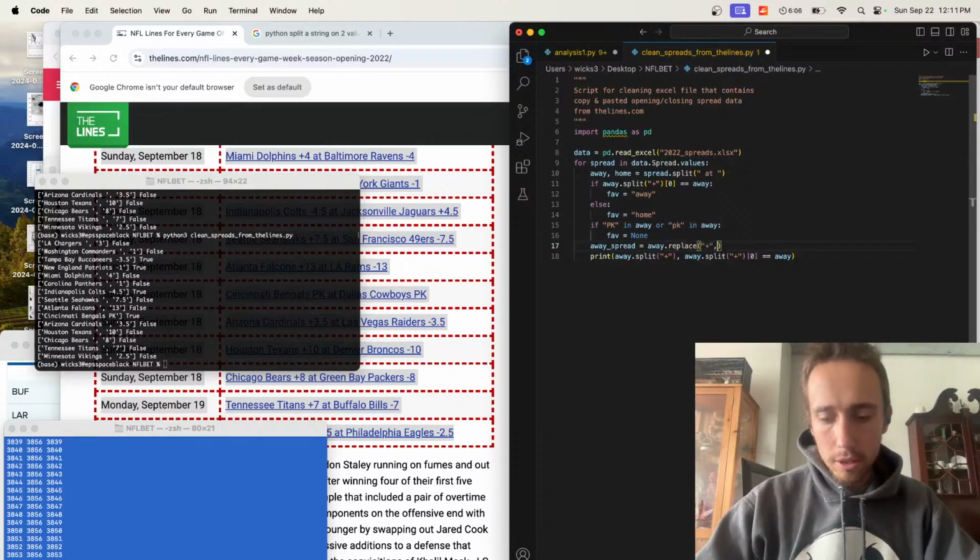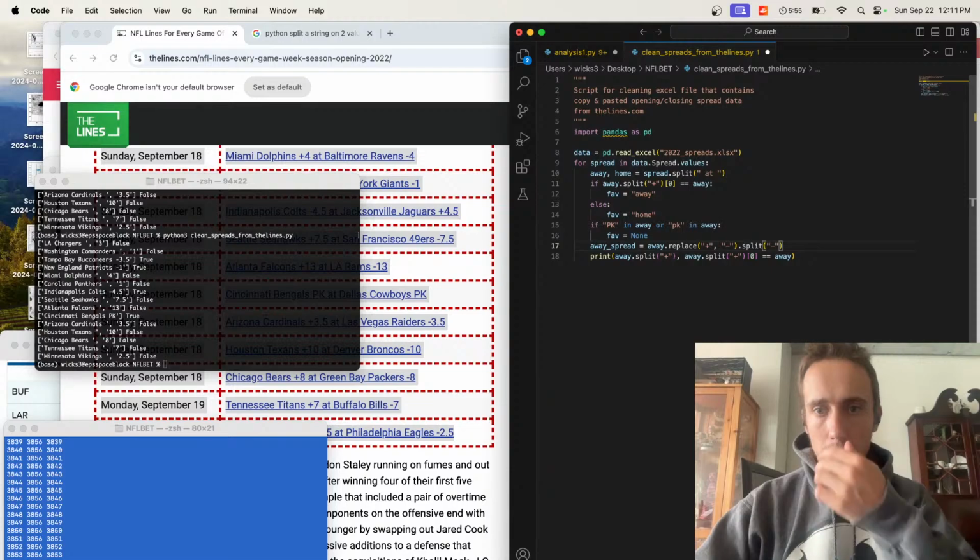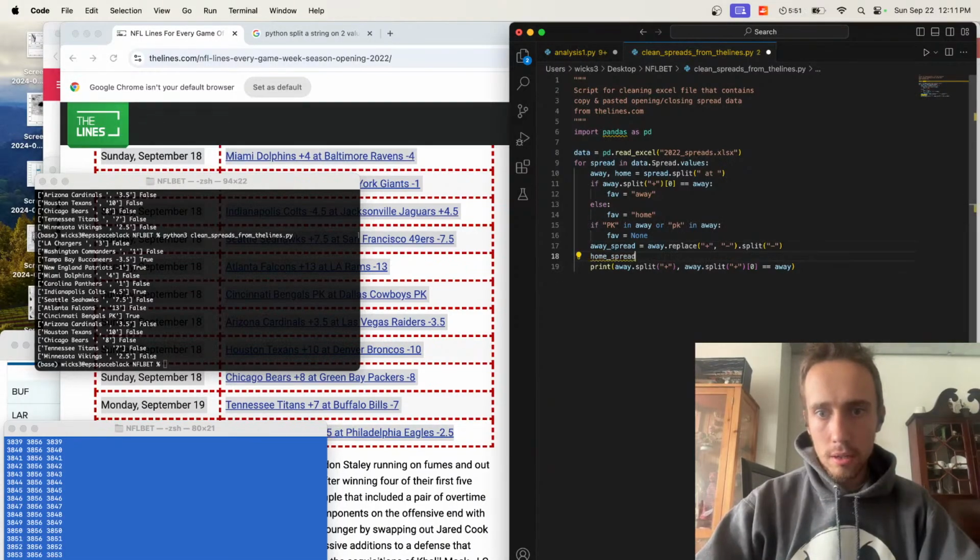Okay, now we could replace pluses with minuses, and then we could say split on the minus. Okay, and then home spread is just the same thing except for home. And then we want to print,